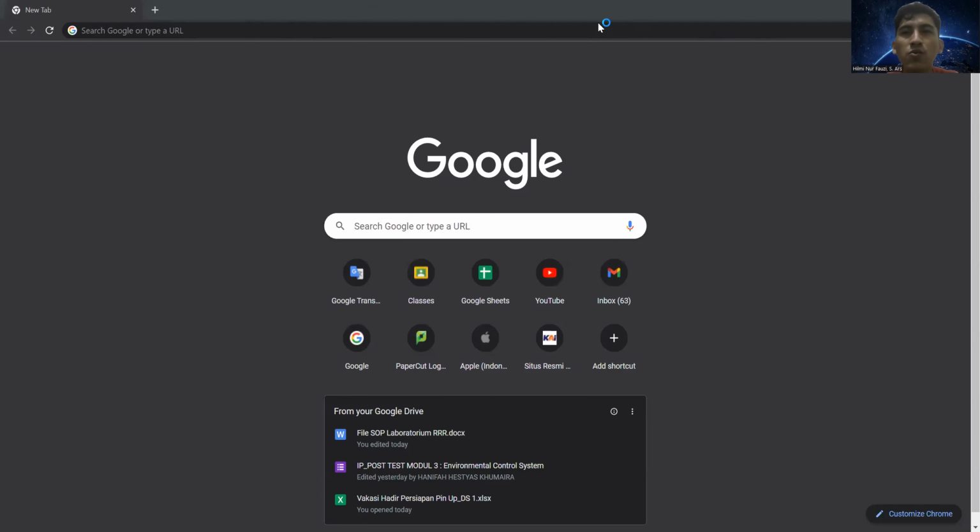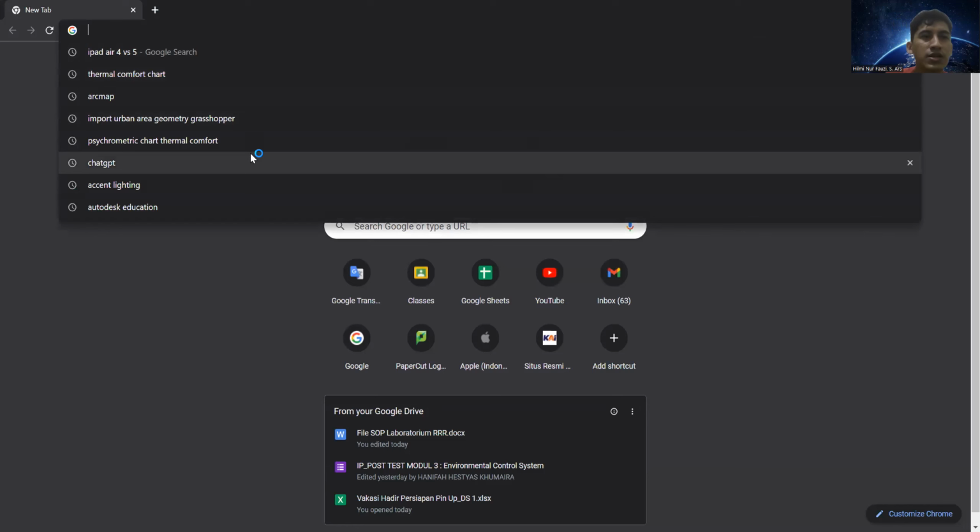Okay. Before we go, make sure that you already have the software. Jadi pastikan udah download ya. Untuk download, so I'm going to share about how to get it. Jadi saya mau share gimana sih cara dapatnya. Okay, after we go to the browser, setelah kita pergi ke browser, cari